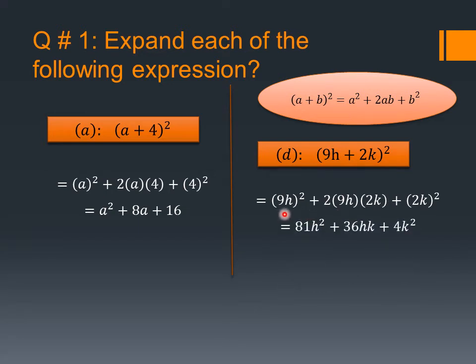Always remember that whenever we are going to take the square, we have to take the square of all the digits that are present inside the bracket. In the first bracket, we have two digits, 9 and h inside the bracket. So we will take the square of 9 first, which is 81, and the square of h is h square. Multiplying all these three, 2 into 9 into 2 will be 36, and hk, the two variables will remain the same. Again in this bracket we have two digits inside the bracket, 2 and k. So taking square of 2 will be 4 and taking square of k will be k square.